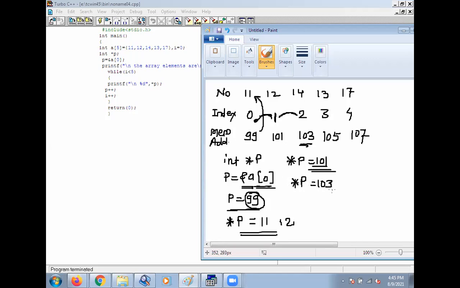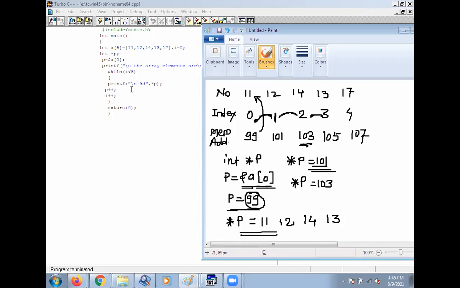So print value at 103, you will get 14. Then increment value of p, that is it moves from second location to third location. Then at the address 105, it will print the value at the address 105, that is 13.